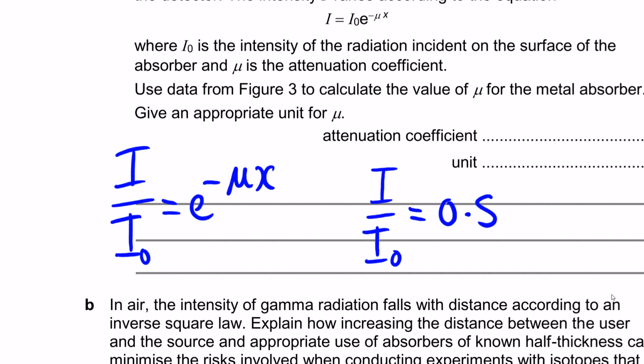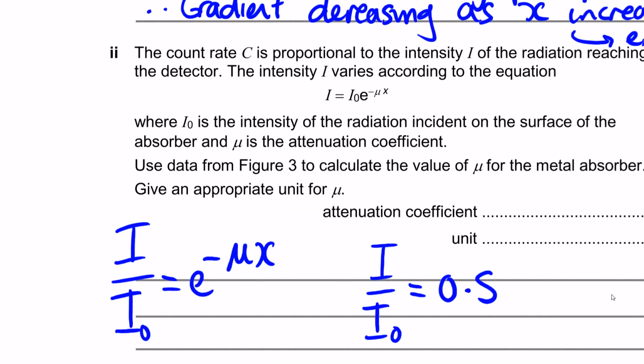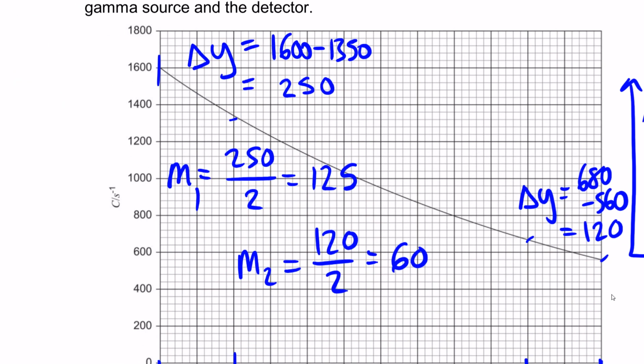So if we're looking at the half thickness intensity, the half thickness would be 6. So going up this point here, let me draw that in a different colour. It can get a bit confusing. Okay, so we're just looking for whatever the intensity will be at half the thickness there. So we're getting about